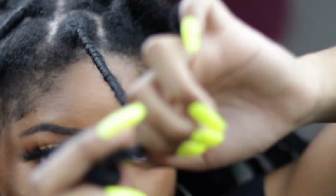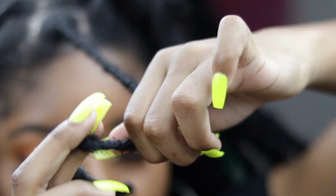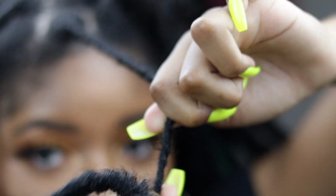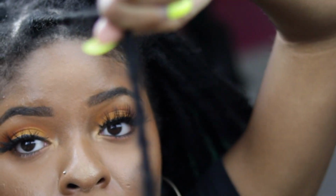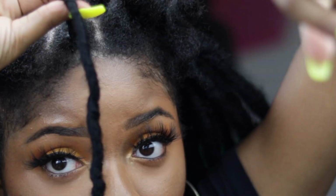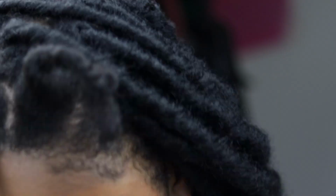And then look, we wrap. We twirl this around our fingers just to make sure everything is secure. And look, I let go, and that's that. Now again, to extend the lock,